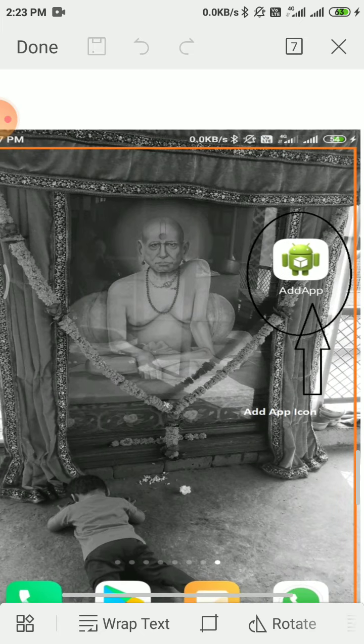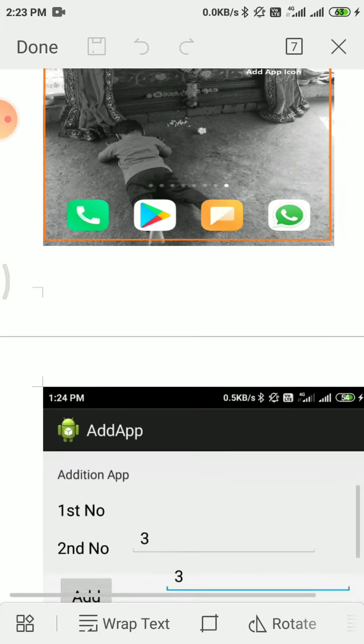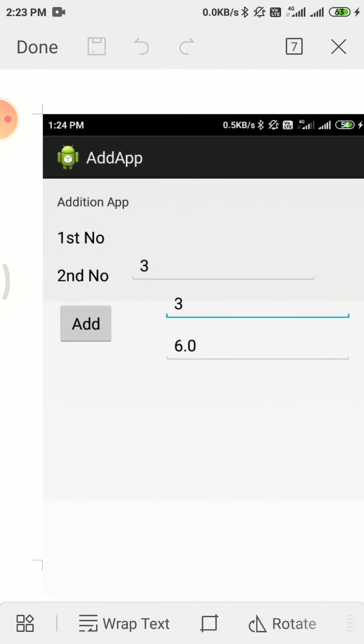Once you click on this symbol, this screen is displayed. First number is 3, second number is 3. After clicking on the add command button, you get the answer 6.0. In this way we have created the app for the addition of two numbers.